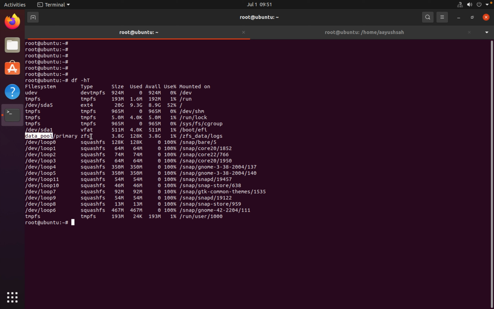Actually, the ZFS file system has a cache memory, or we can call it ARC, the adaptive replacement cache, and it stores the most recently accessed as well as frequently accessed data in this cache, so that if any application tries to read the data, it will not have to read from the disk. Instead it can read from the cache memory. So for that, the first command is